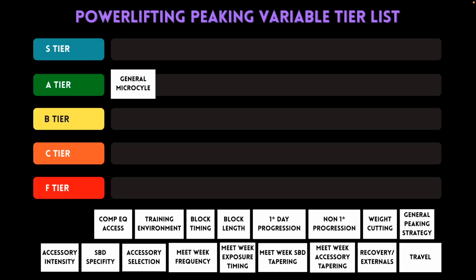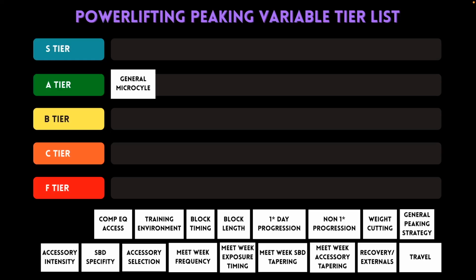So I think there are considerations that have to be made, but at the end of the day, what you have access to is what you have and you've got to work around it regardless. So it's something to keep in mind, but it's really not at all on the forefront of decision making when it comes to programming. But because there are those slight things to consider, I'd probably put it around the C or B tier mark. Yeah, I agree.